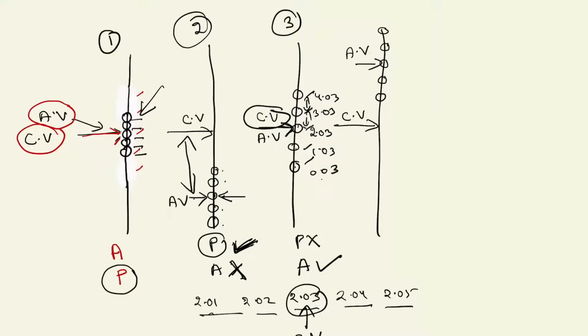This means it's not always necessary that if the measuring device is accurate, it will be precise also. See, in the second case we have seen the measuring device is precise but not accurate. In the third case we have seen the measuring device is accurate but not precise. Now let us see what happens in the fourth case.